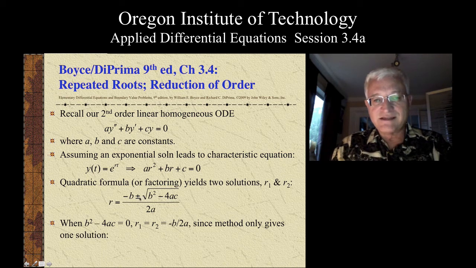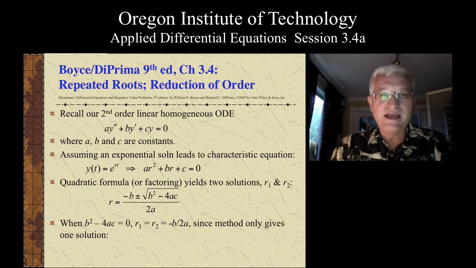That neutralizes the effect of the plus and minus, leaving us only one solution, and that is minus b over 2a. Now that's a problem. First you think that's going to make things simpler because you just have one solution to deal with, but that's not the case. We spent a lot of time in section 3.2 proving that these problems will be guaranteed to